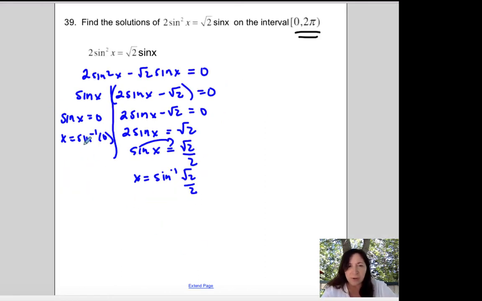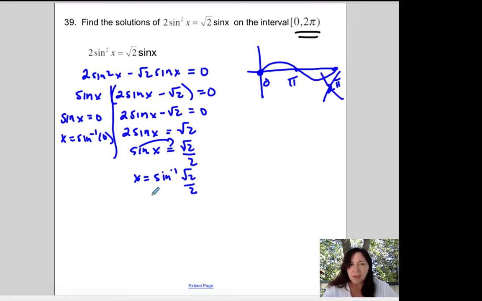So what we're going to do here is we have two parts. We're asking ourselves, where is sine equal to 0? So if I were to graph it this way, and I make my sine wave 0, it's 0 here, 0 at pi, and 0 at 2 pi. However, because you see the parenthesis here, that means that that's not included. So we have 0 and pi. So x equals 0 and pi. For this one right here,